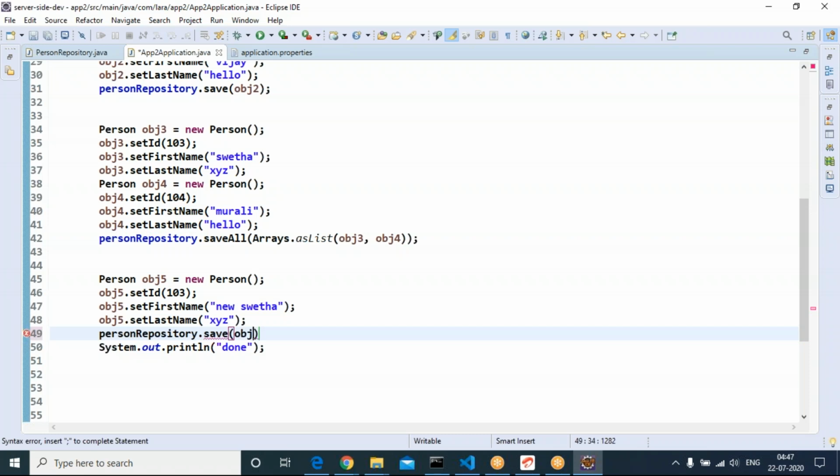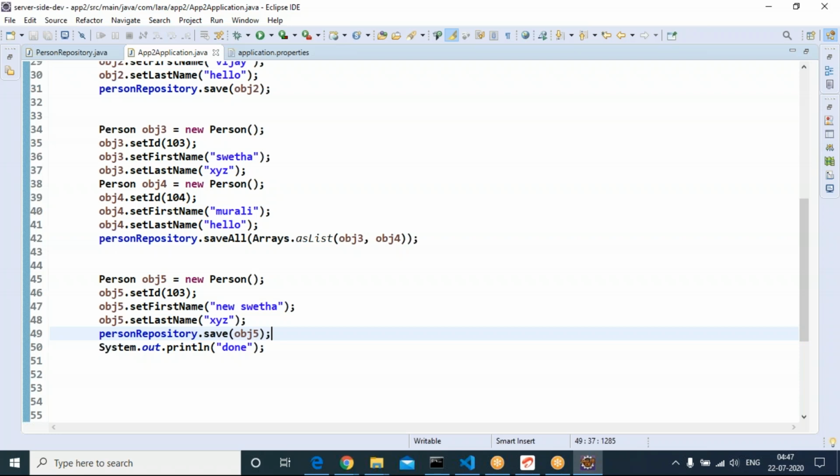Save of obj5. It is not a new record. This record, 103, is already inserted. While going for save of obj5, the 103 record will be updated. For every save, first select, then insert.